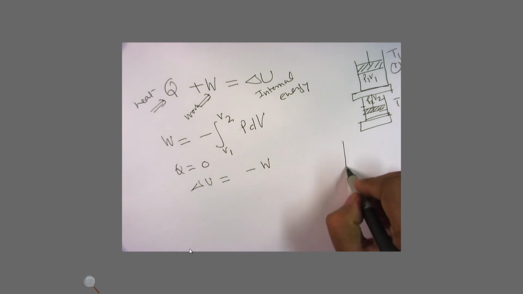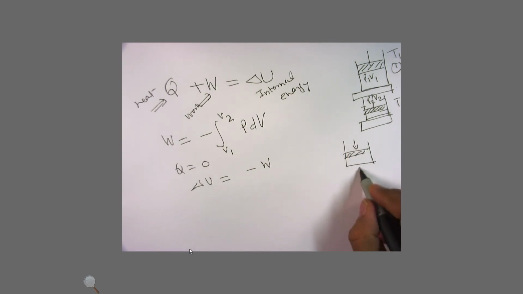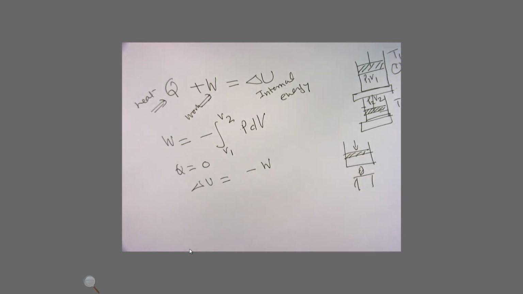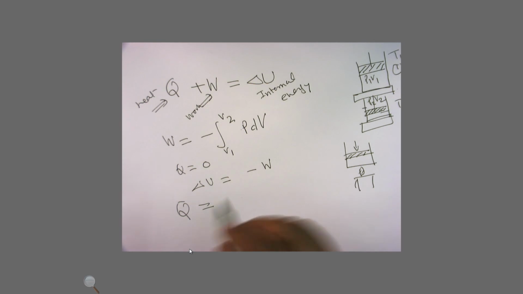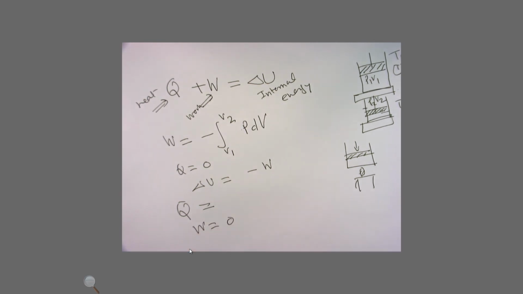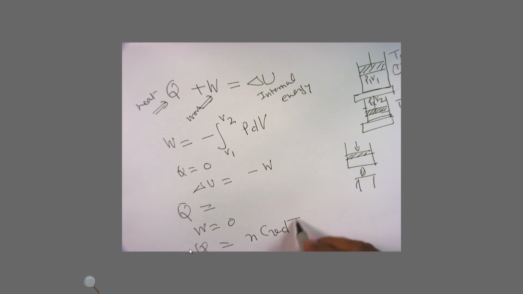Now, let us say we take the same system here with the piston, but we are now going to put a flame below that. So, here is the flame, and we are heating the system, supplying heat to it. So, in that case, if you look at this equation, we are looking at the delta U. We are only providing the heat. So, in this case W, the work, becomes 0. So, Q becomes n, the number of moles, multiplied by Cv, which is your specific heat, multiplied by the change in temperature